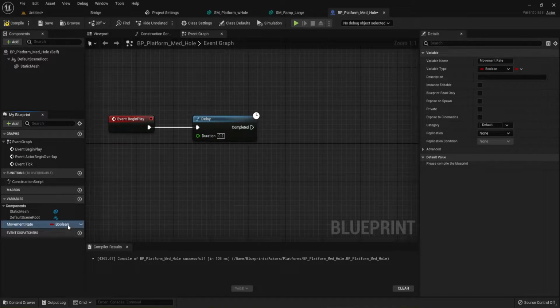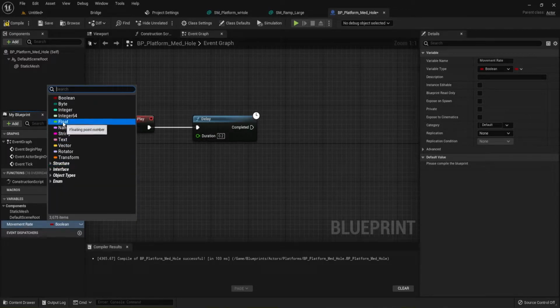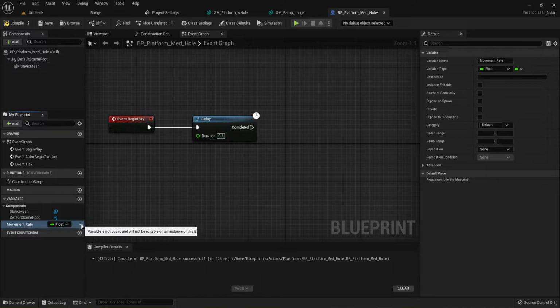And we're going to turn this movement rate into a float. And we're going to open the eyeball on it so that we can modify it inside of each of the individual platforms' details so that we can have platforms moving at different speeds. All right, the next thing we need to do is compile so we can set up our